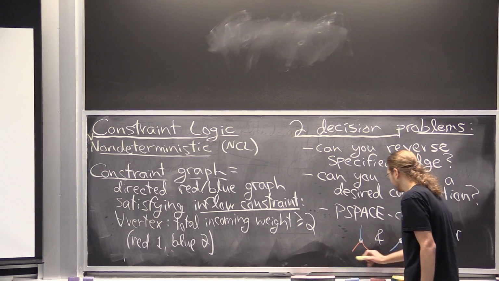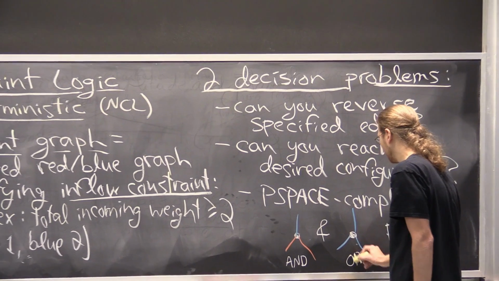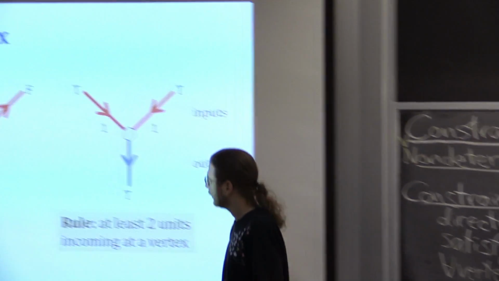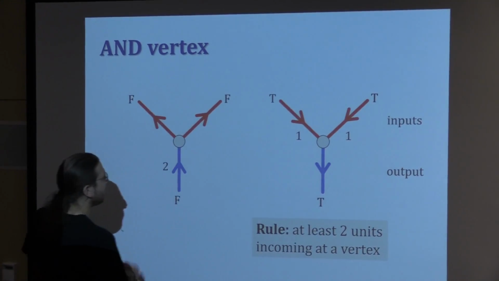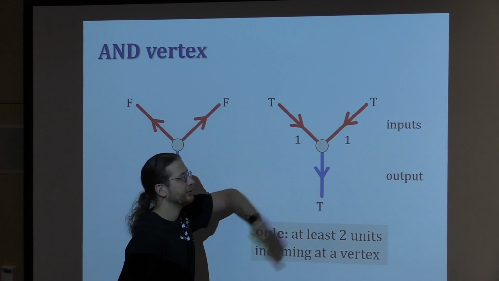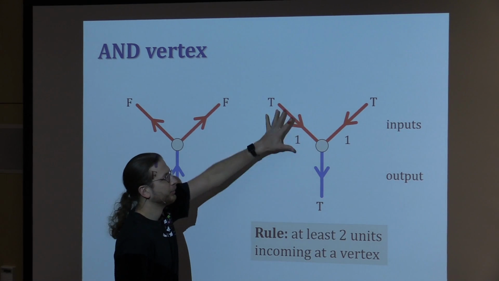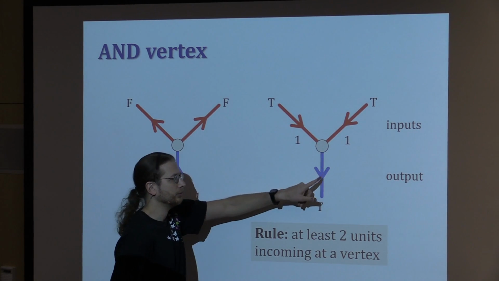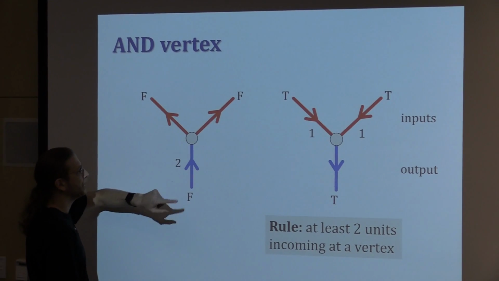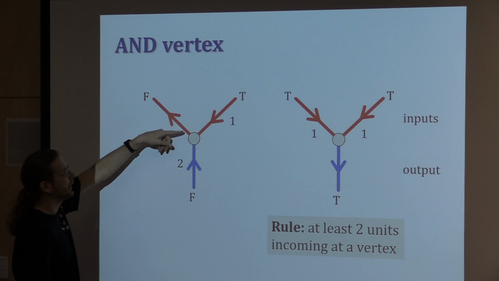an AND vertex, and this one is called an OR vertex, because if we think of the two red edges as inputs and think of the blue edge as output, this picture is supposed to represent that 1 and 1 equals 1, and this picture is supposed to represent that 0 or 0 equals 0. And if we do some more moves, like if I flip this edge, now I have total